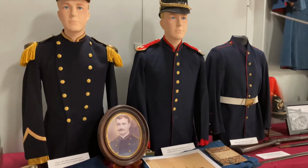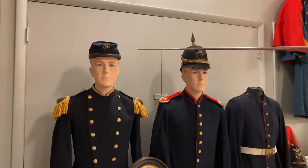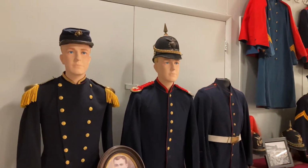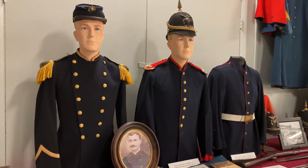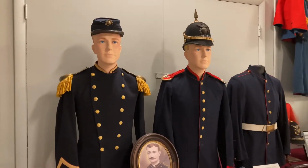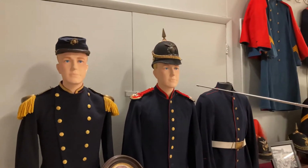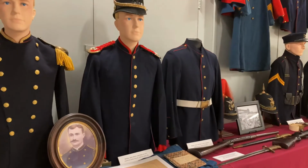Now, if you notice the headgear, you have a kepi, which looks like mid-19th century the French army had the kepis, and of course the U.S. did in the Civil War. Well, most armies adopted the style of a victorious nation. So when France was at its height in the 19th century, all the armies were using kepis. And then in 1870, during the Franco-Prussian War, the Germans defeated the French, and so suddenly all the armies started adopting the spike helmet. Looks like a Prussian spike helmet, and the U.S. did the same thing. So the Marines went from a kepi to a spike,